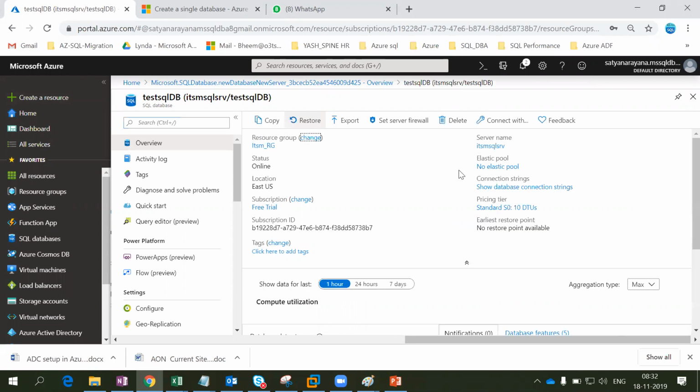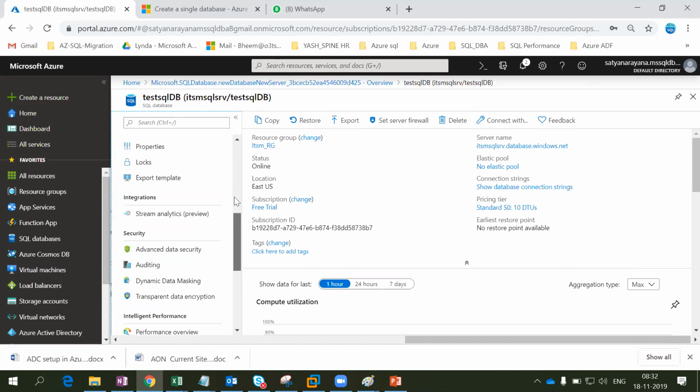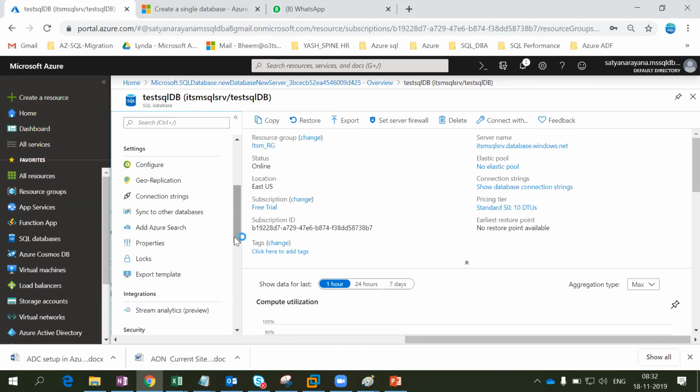You can see the server over here, and you can check whether you are able to connect or not. What I'm going to do today is try to connect to this, and tomorrow we're going to explore all these options: what options are available, and whether high availability is configured or not. You can find this.